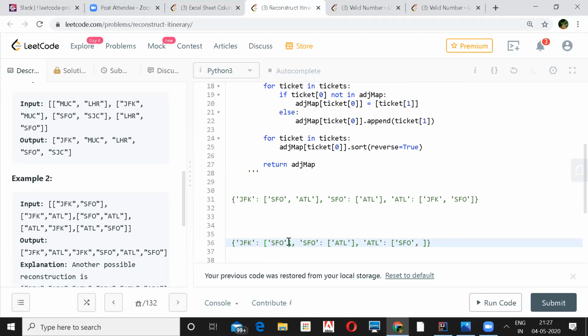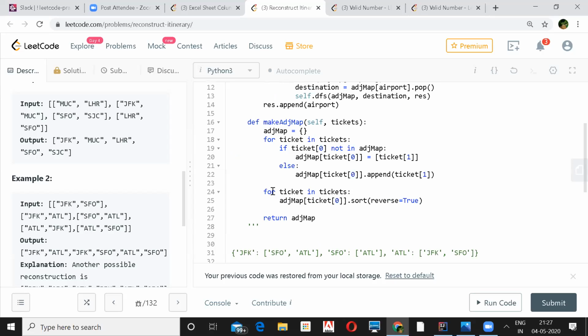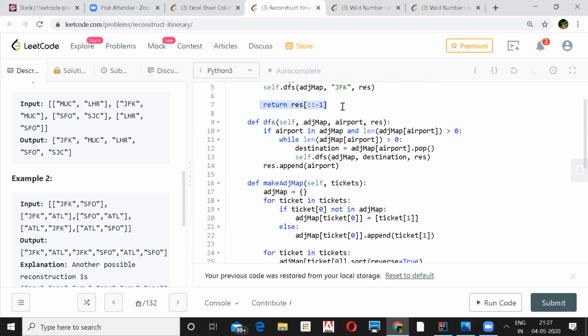You pop it and you go to ATL. Once again, when you see that your list is empty, at that point we'll start appending. First will be SFO, and then it will be appended in reverse order, and after that I'll reverse the entire result to get the answer.